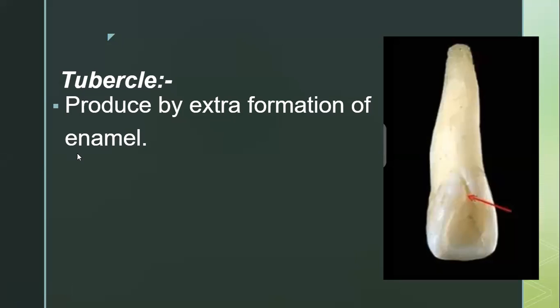Next, we have tubercle. Basically, tubercle is an extra formation of enamel. It is not a normal condition. It is an unusual condition, which is due to the extra formation of enamel. It is mostly located on the lingual surface of the tooth, mostly seen in maxillary lateral incisors, right? Over there, it is present near the cingulum, right? I would be discussing what is cingulum in the next slides. So for here, just look at it. Here we have tubercle, that is the extra formation of enamel present on the lingual surface of lateral incisors.